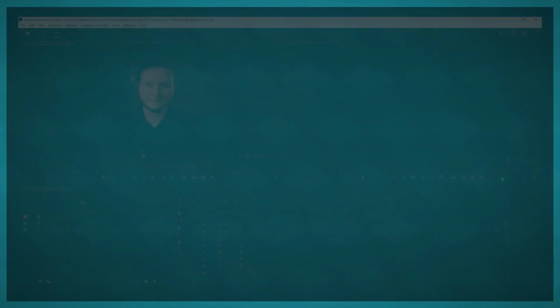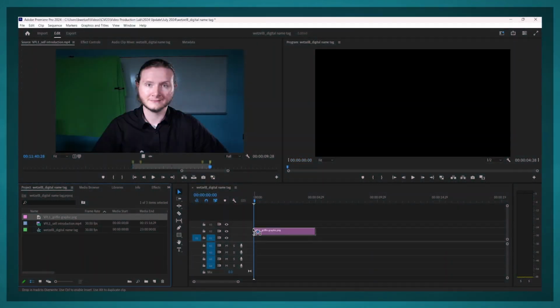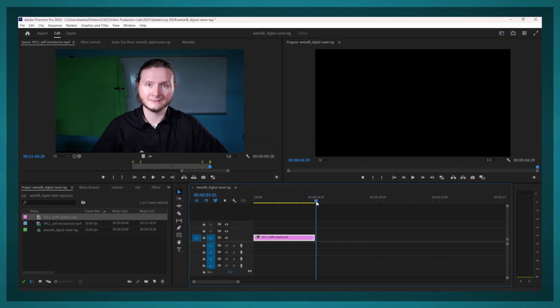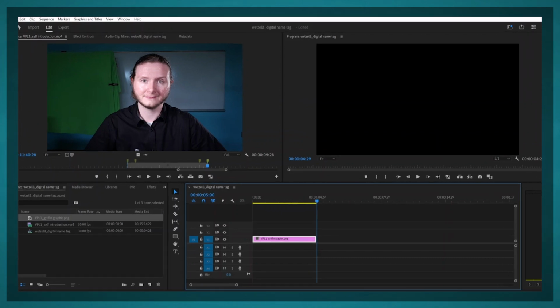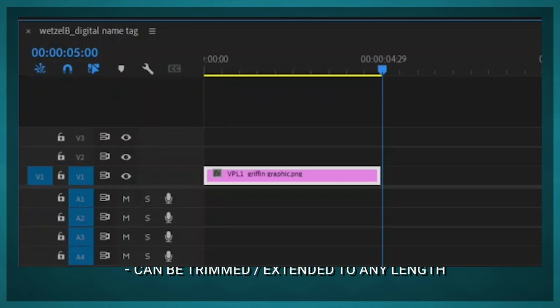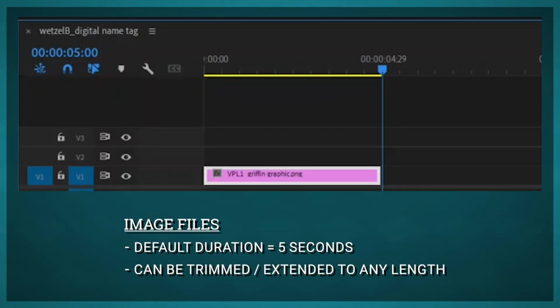To start, I'll drag the Griffin graphic into the timeline panel from the project panel. I want to be sure that it lines up with the beginning of the timeline. If I didn't and tried to export this video, I'd have a few seconds of blank screen to start with. Image files like the Griffin typically have a duration of 5 seconds when brought into a timeline, but they can be stretched as long or trimmed as short as you want, unlike a video clip which has a fixed maximum